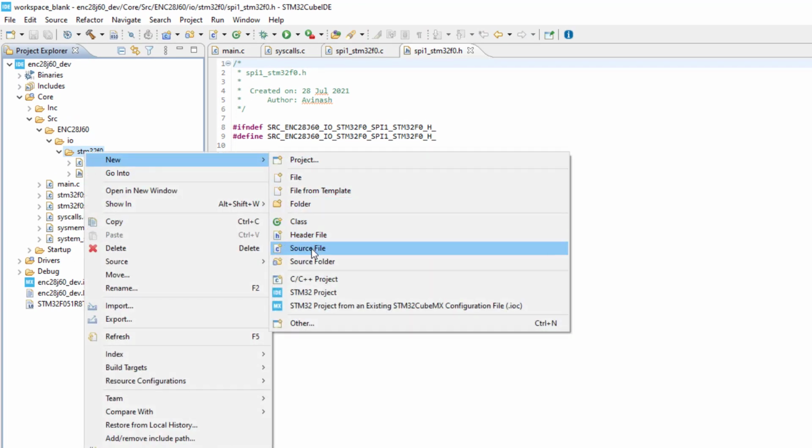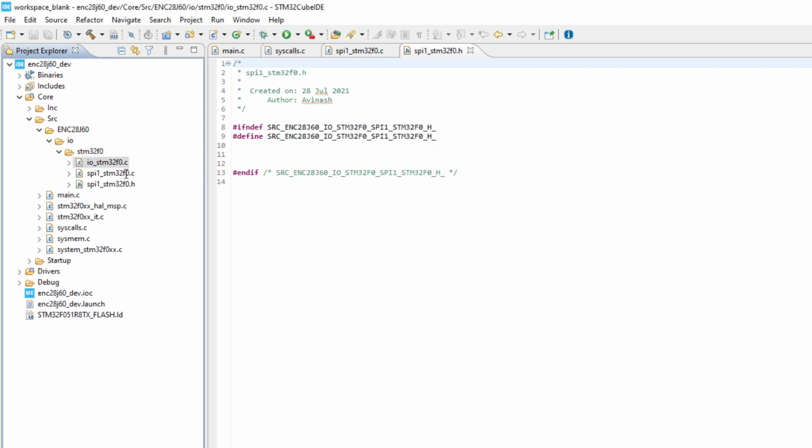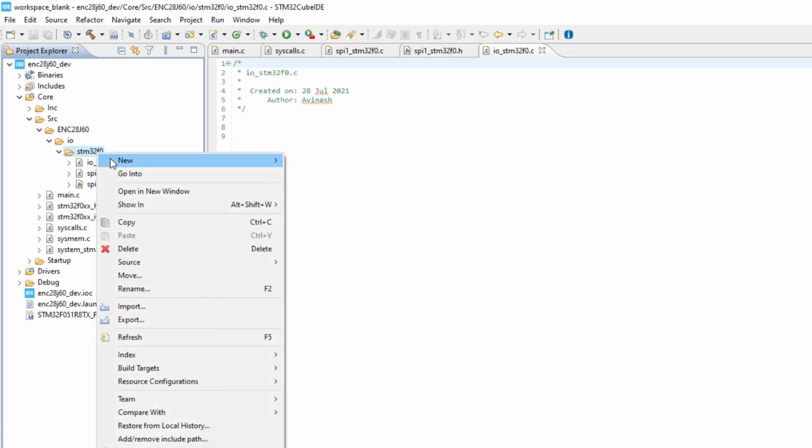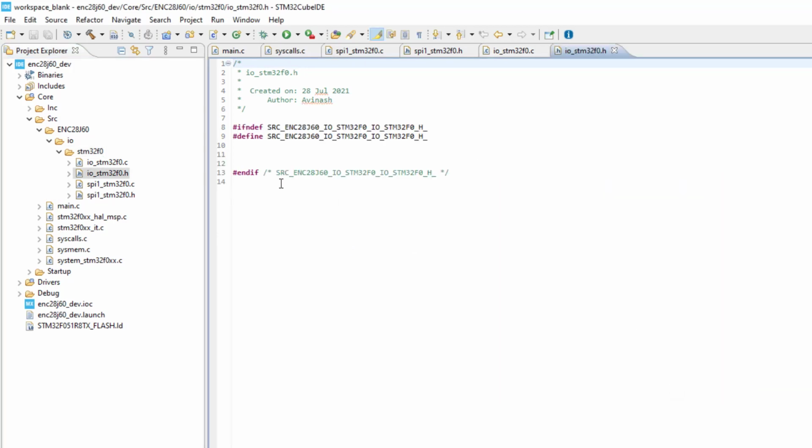New source file, again new source file, file name .c, new header file, IO STM32F0.h. Done. Now these two sets of files are created.